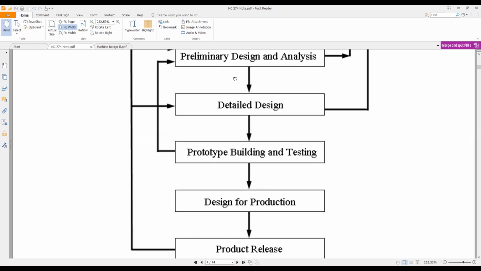So after the product has been released and is in the market, there are times when those who have released the product will have to get some feedback from the market, and that shows how customers are using the product and how the product performs. They need to get some reviews from the customers, and those reviews will inform the designer to either modify the design, make it better, or that it's okay. All right. So that back and forth has to be done until we have